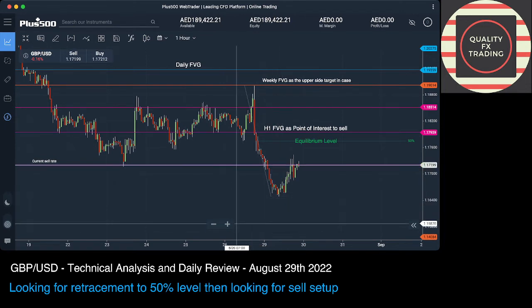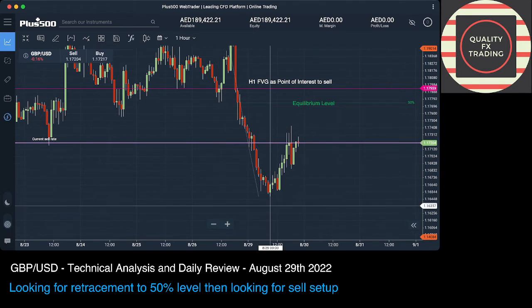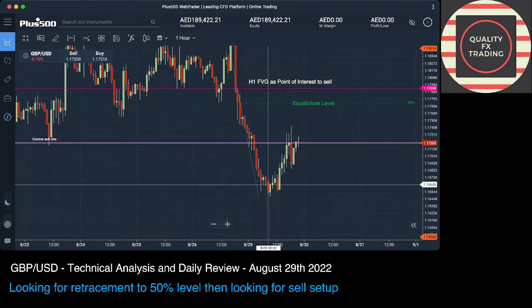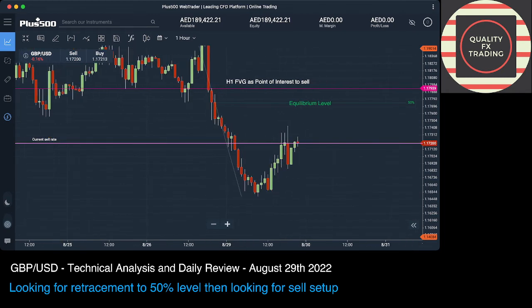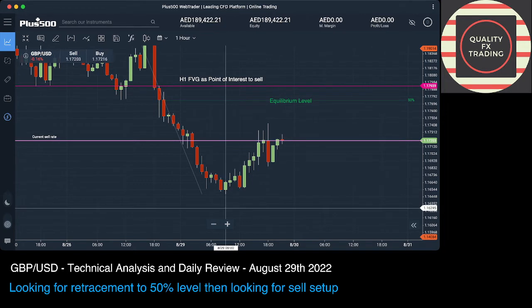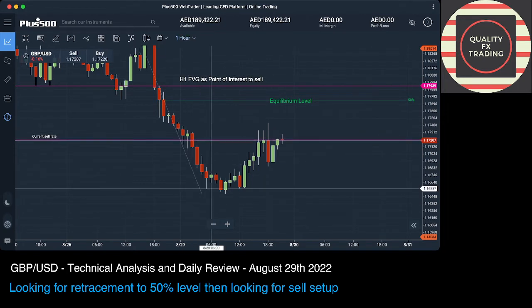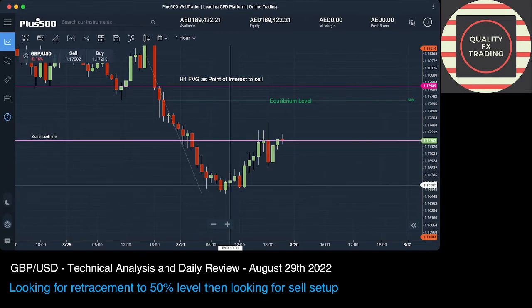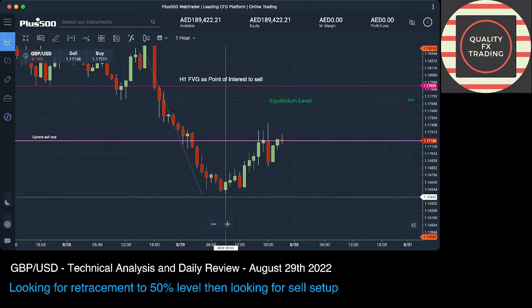To prove that this low was formed, you can easily see in the 1 hour chart this three candle formation is forming the low, and we call it a swing low